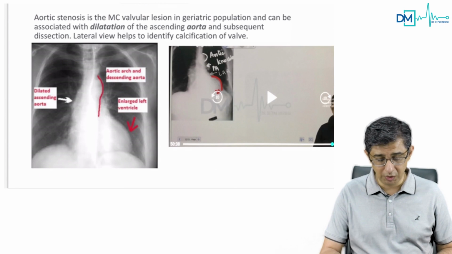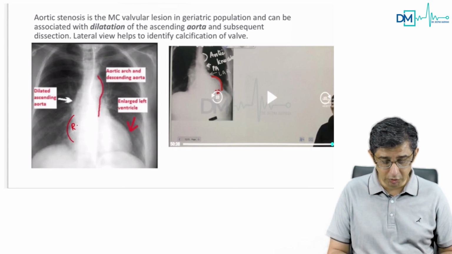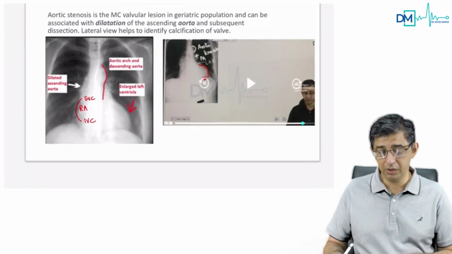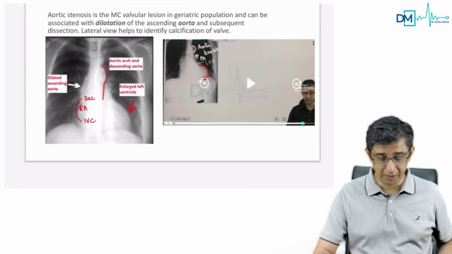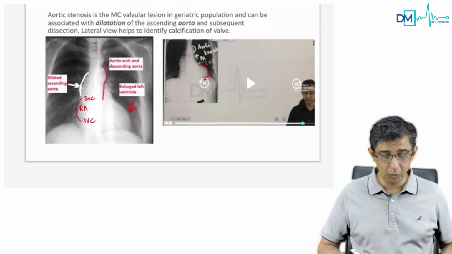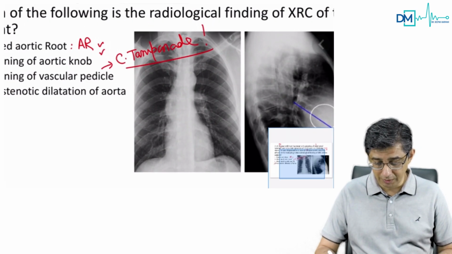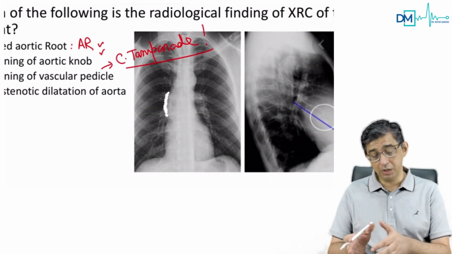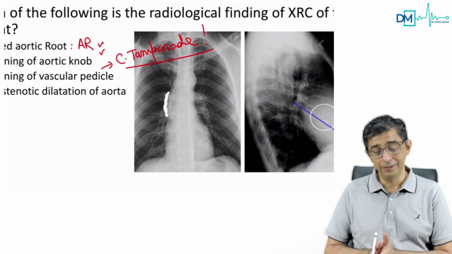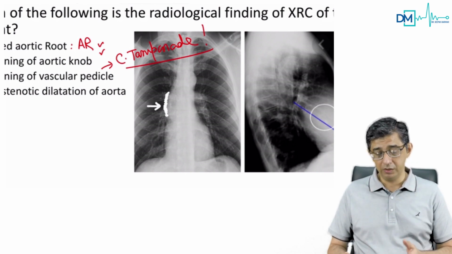The bottom line is, you see the right heart border. I've always emphasized this. Right heart border is composed of right atria, superior vena cava, inferior vena cava. You can see in the snapshot in the app describing the heart borders. And in this X-ray, this was slightly a difficult one, very frankly speaking, but you can definitely notice that there is a bulge, and I'll come back to the original image. You can see that there is definitely, I would say, a prominence in this part which is above the standard location. This bulge which is present is the dilatation of the aorta right after the stenotic valve.